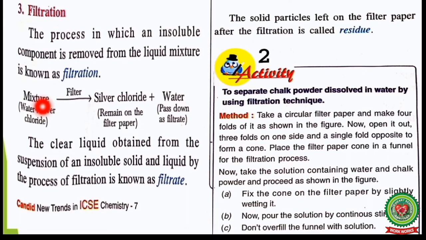Mixture, for example, a mixture of water and silver chloride. The mixture is passed through a filter paper. What happens? Silver chloride remains on the filter paper as residue and water passes down into the container as filtrate. The clear liquid obtained from the suspension of an insoluble solid and liquid by the process of filtration is known